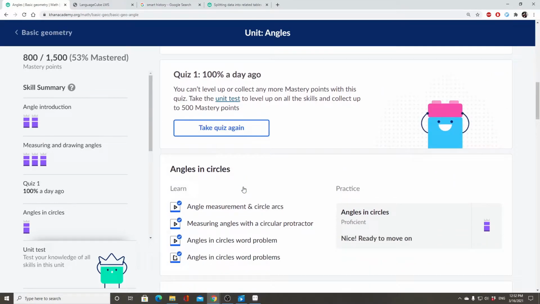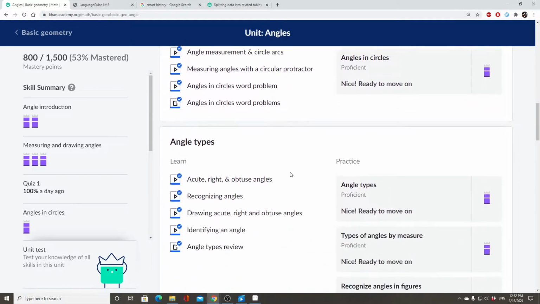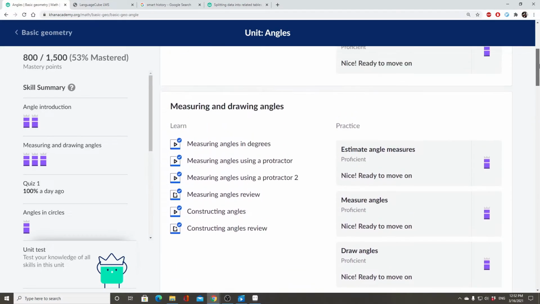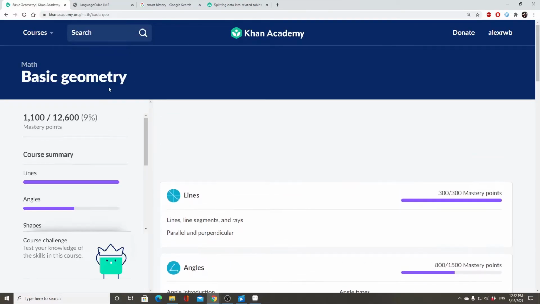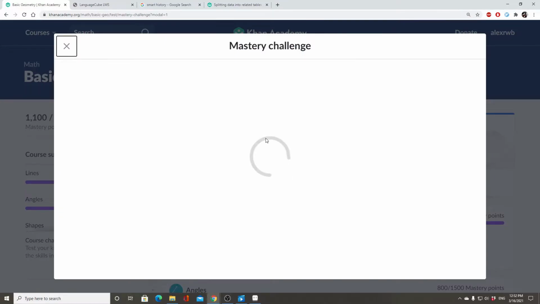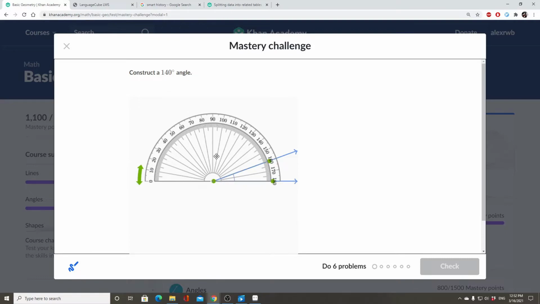And to get that, you can either do the quiz, which I did already actually, and you can see they're still not filled in, or you can do this little mastery quiz, which is basically a review. So that's another thing. The math section of Khan Academy has these daily reviews you can do, which is really useful because math's a skill, and like most skills, you have to keep using it, otherwise you kind of lose it. And so these mastery challenges are really handy.